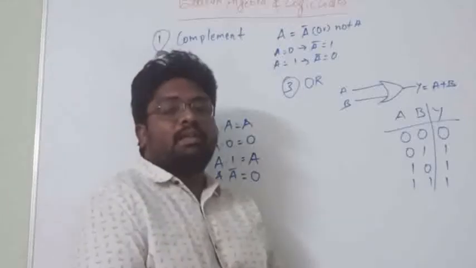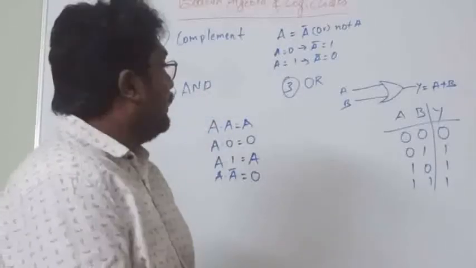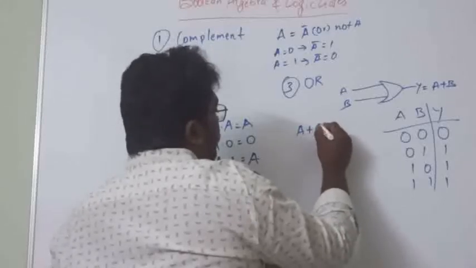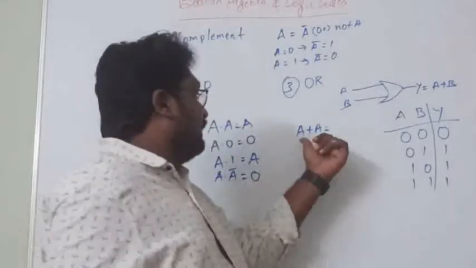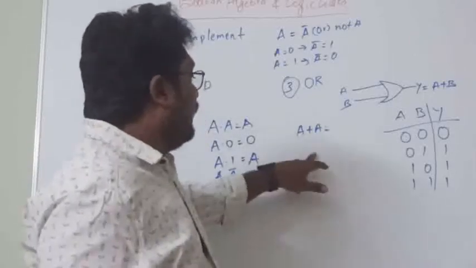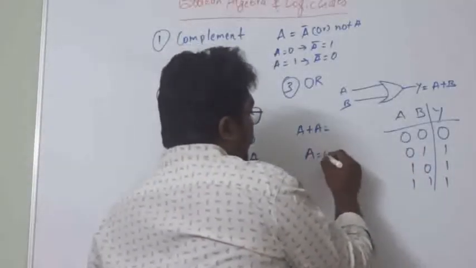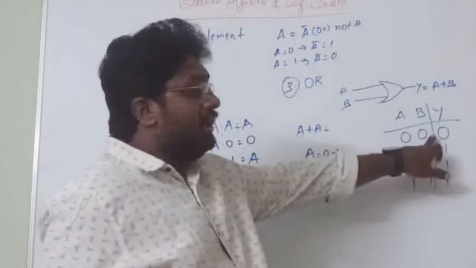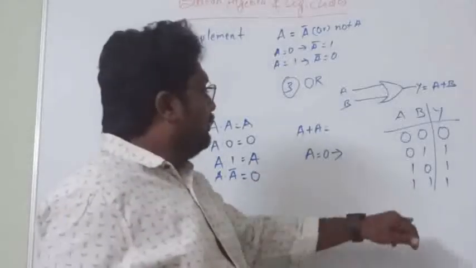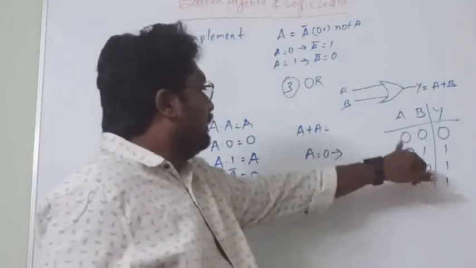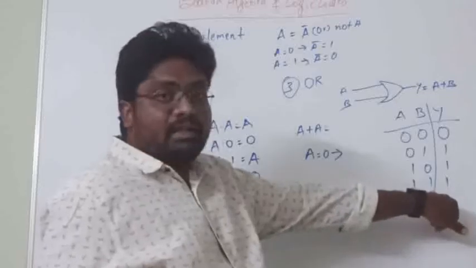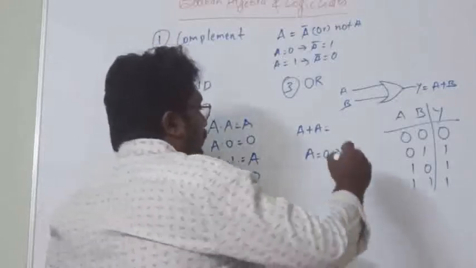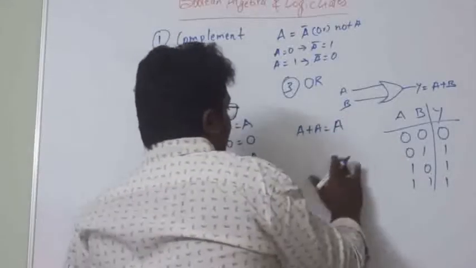So now let us see the rules that we are going to follow for Boolean algebra in OR rules. That is, if we are taking A or A. So for example, if we are taking A is equals to 0 and another variable is 0, then the output is 0. For 1, if you are taking A is equals to 1 and the next A is also 1, the output is 1. So what we are getting? We are getting the A, alright.